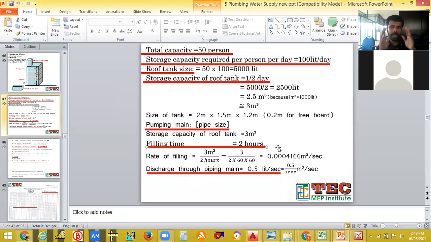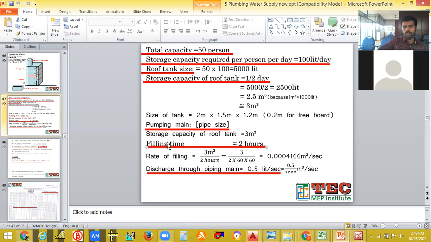Our purpose right now is to find the main pipe size, and that is found out by a formula. For that, we need the rate of filling, the Q value, because the formula is Q equal to area into velocity. We are initially going to find the Q value, the rate of filling. One formula is Q equal to area into velocity. And to find Q, there is another formula, volume by time, V by T. You can find the discharge by volume by time.